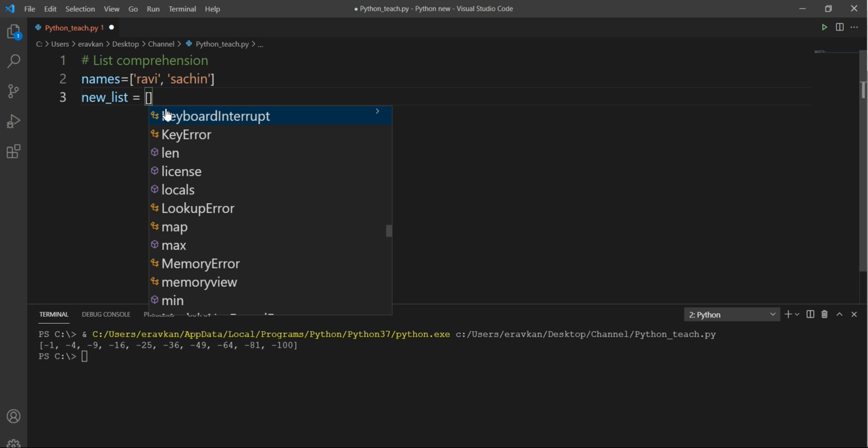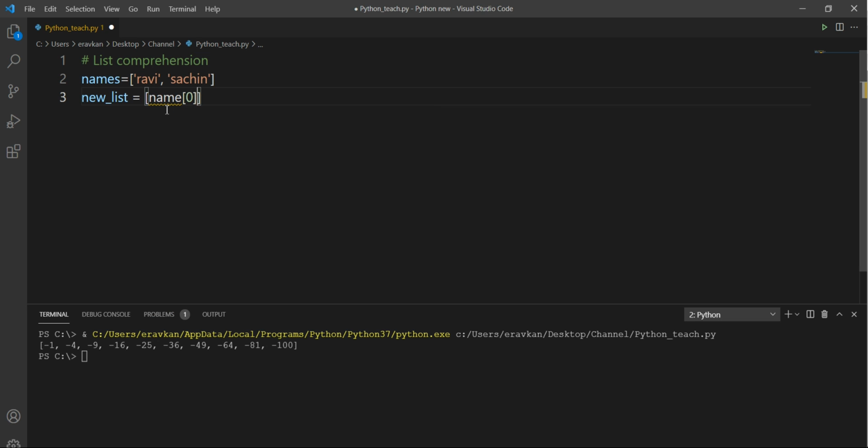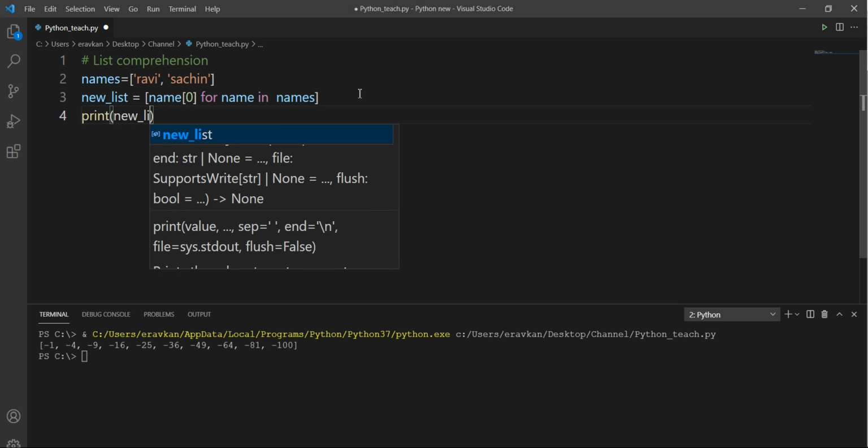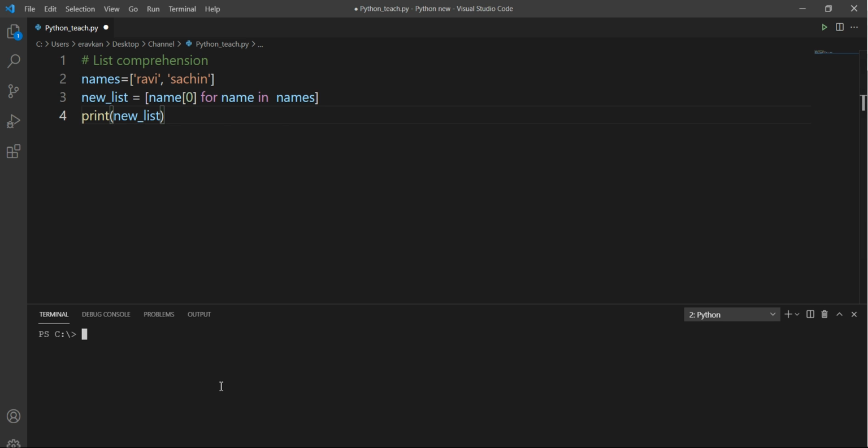So I can do name[0] for name in names. This is also one way of doing it. If you print the list, then it will contain R and S. Let me run it. So you get R and S.